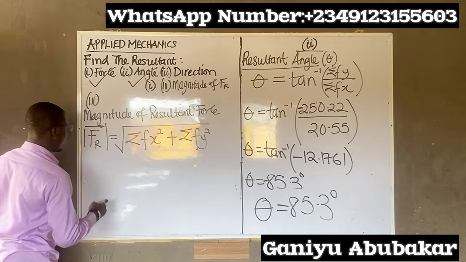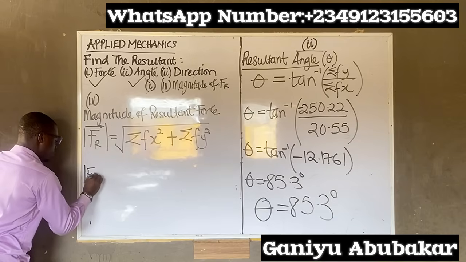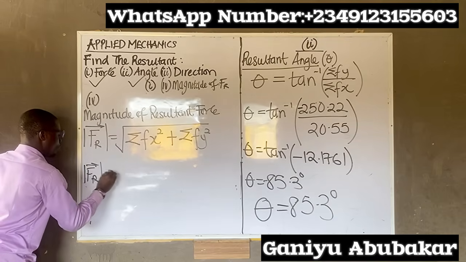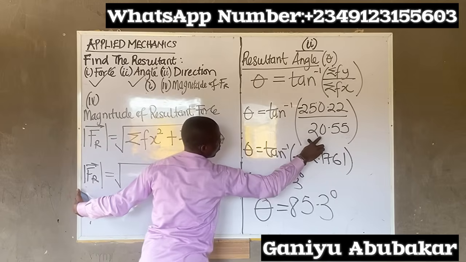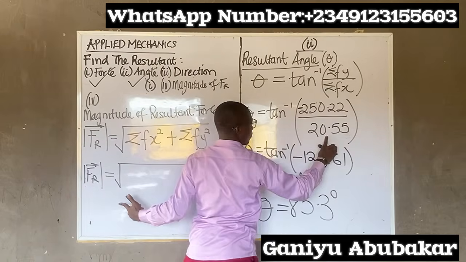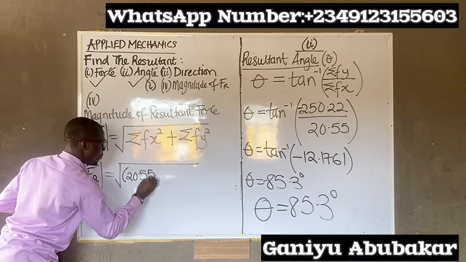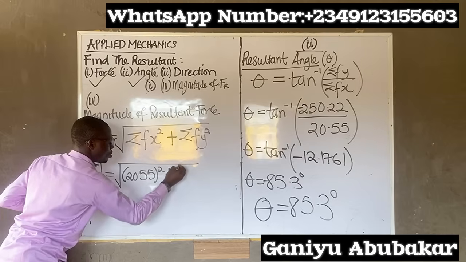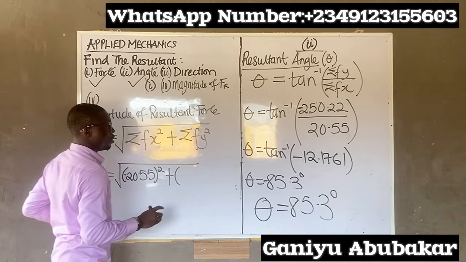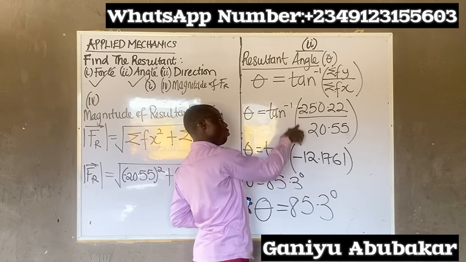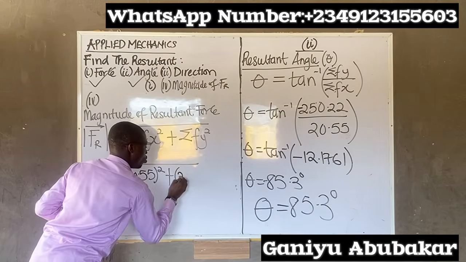The magnitude of resultant force is equal to the square root of summation f of x, this value, in bracket negative 20.55 all square, plus, sorry, it was negative. Yes, negative, because we shifted the negative here up. It was negative, so that's why I have negative this value, plus this one here gives you